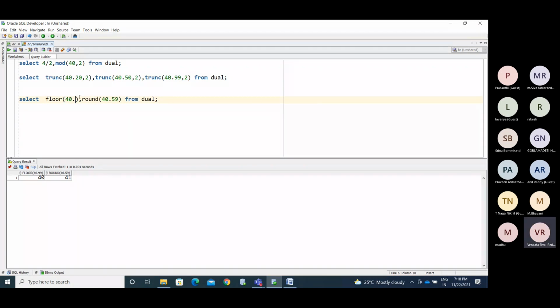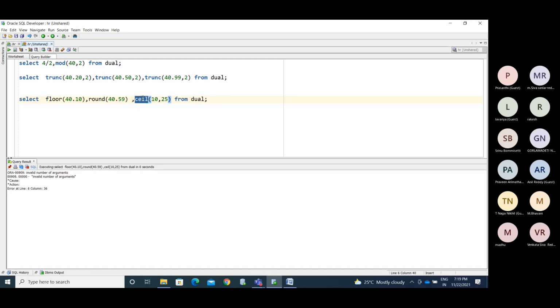Now, what other things do we have? We have the ceil function.